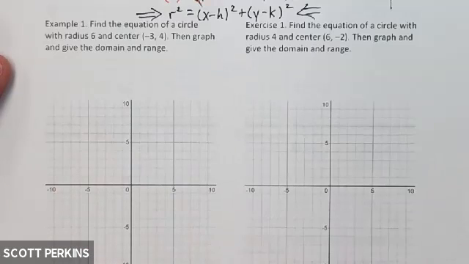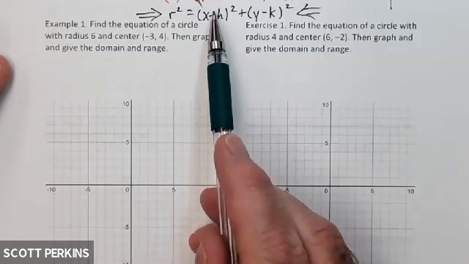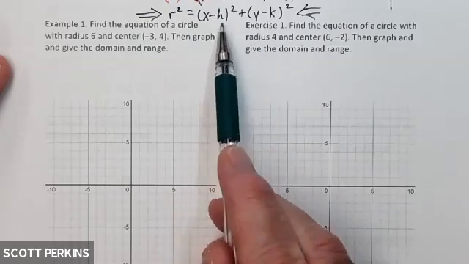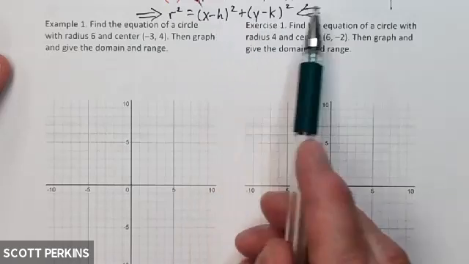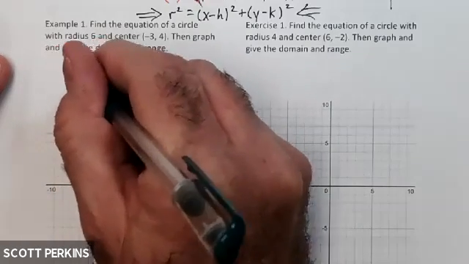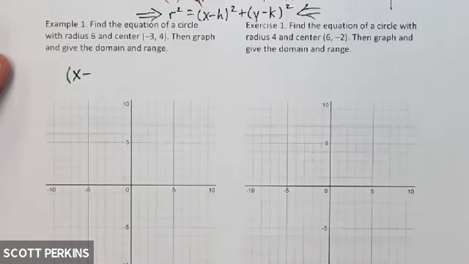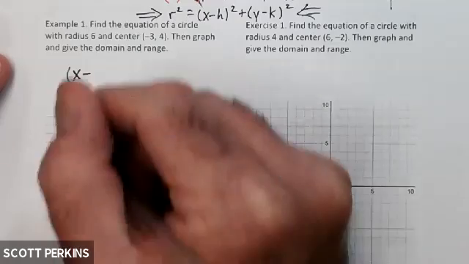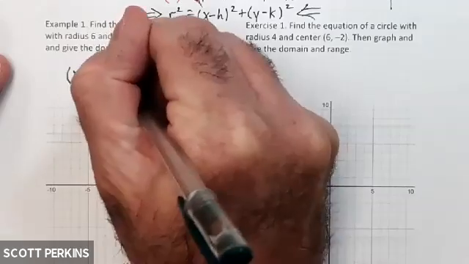So it seems like the never-ending problem. So here goes. If you don't mind, I'm just going to reverse the sides. I'm going to start with the (x minus h) squared, (y minus k) squared, and put the radius squared on the other side. You don't have to do that, but it's what I'm going to do. So here we go. I've got x minus... what is the x coordinate of my center? So what's x minus -3? What is that? Okay, (x plus 3) squared